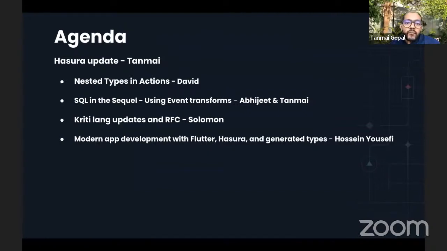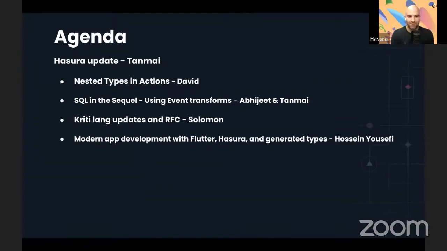We also have SQL in the sequel. I'm proud of that title. I came up with that. But basically, you're going to see some of the nerdiest ways to use Hasura, the most meta way possible to handle some extremely interesting use cases, and generally about the event transforms, which is a very powerful utility for any kind of work inside of Hasura.